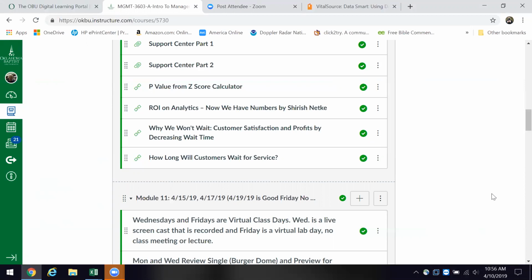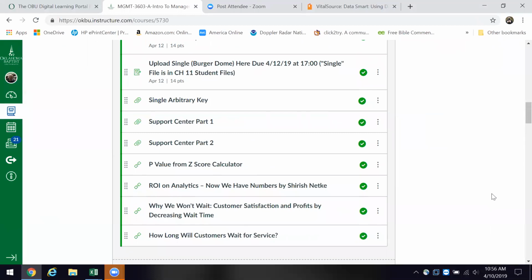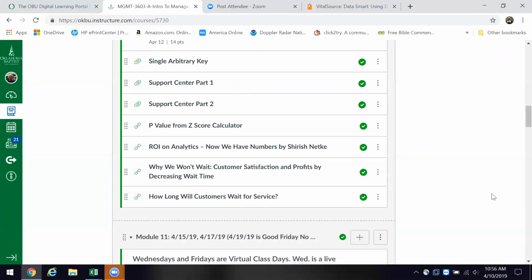Okay, and I'll continue on here. Of course we're in module 10. Now, I have some resources here, and I didn't take any time to talk about them, but I'm going to do this real quickly. First of all, when we do the outliers case, we will be computing a z-score. And this calculator will give you the probability that you would get a certain z-score.